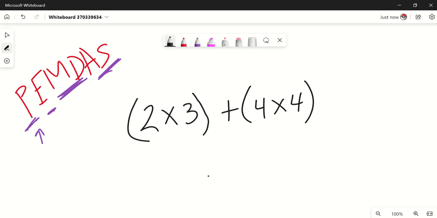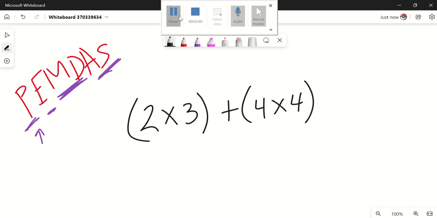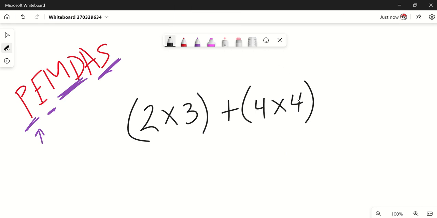That's a terrible parentheses. Yeah, I'm going to go ahead and pause right here and take that toy away from him. So, all right, now that we're back from him playing with his toy,